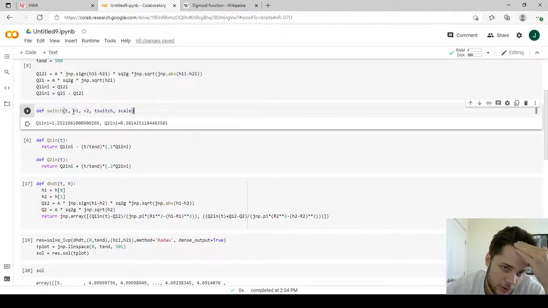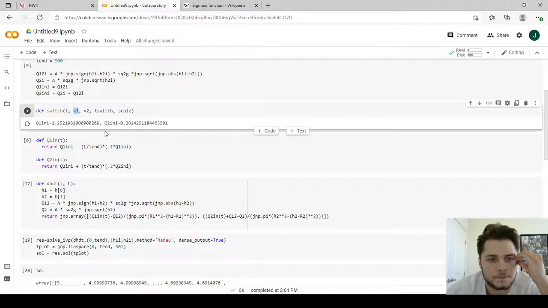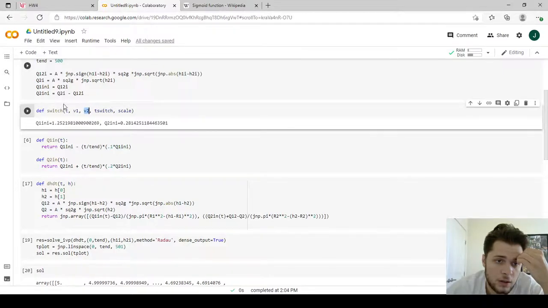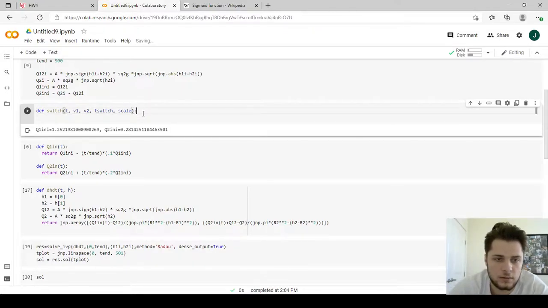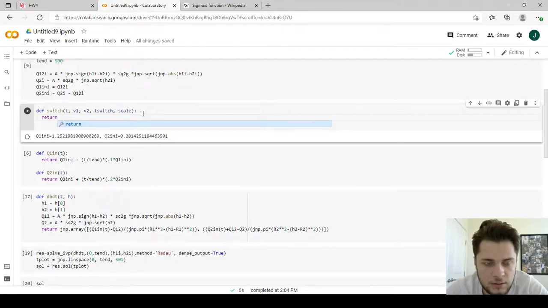So I'm making a function here. V1 will be equal to, if I put it in terms of the inlet flow for tank 1, the initial steady state flow. And V2 will be the new flow after I change it by a certain amount. And T switch will be the time at which it switches, so 100 seconds. So what we want to return here is